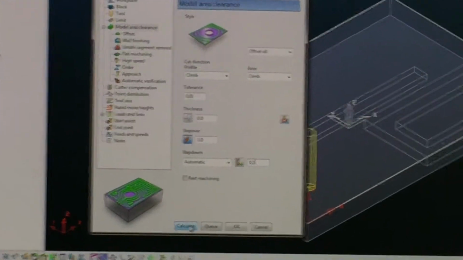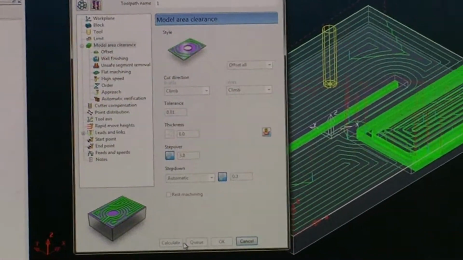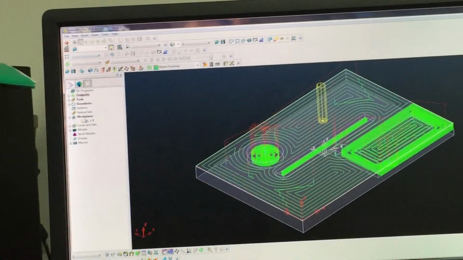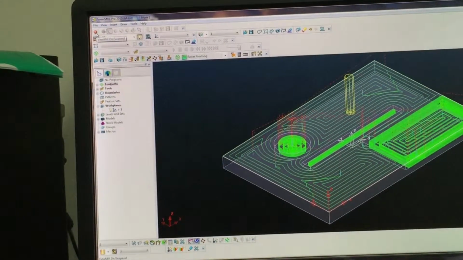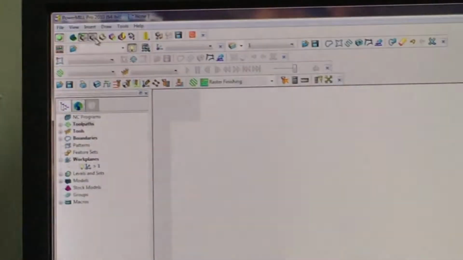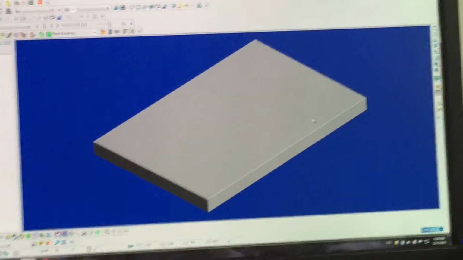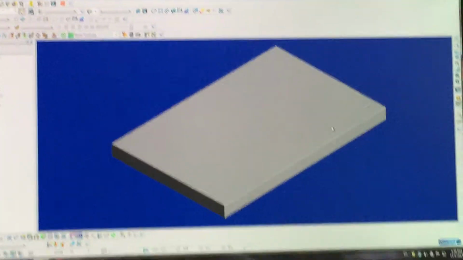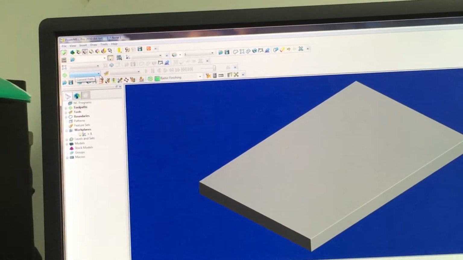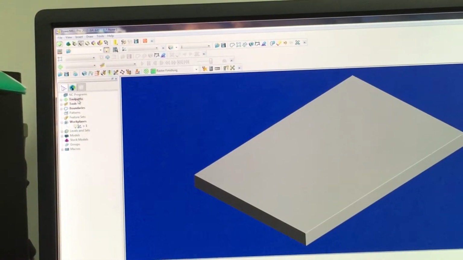Then once you click calculate, the software sets out the toolpath. Once you're done, just click cancel. You see this red color icon here? Click it once, change it to green. Then you can select this mode. When you start off, it's just a plain block without any of these features. Now we're trying to play the simulation that the software has done. Right after you press the red icon,